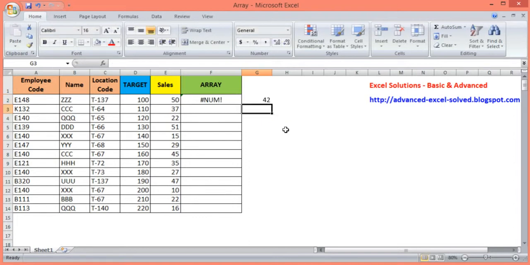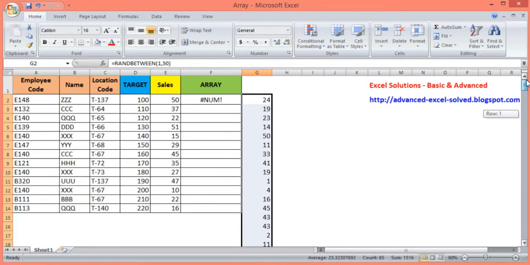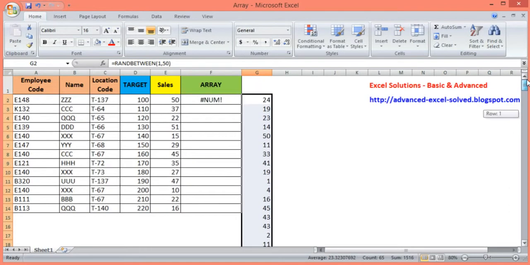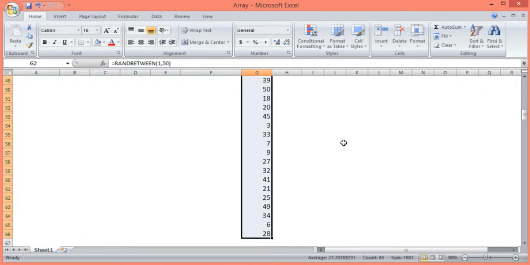So it will generate random numbers up to 50. Now the count is 65 numbers already generated, but I want to sum up two numbers, and these two numbers would be the largest out of these 65 numbers.